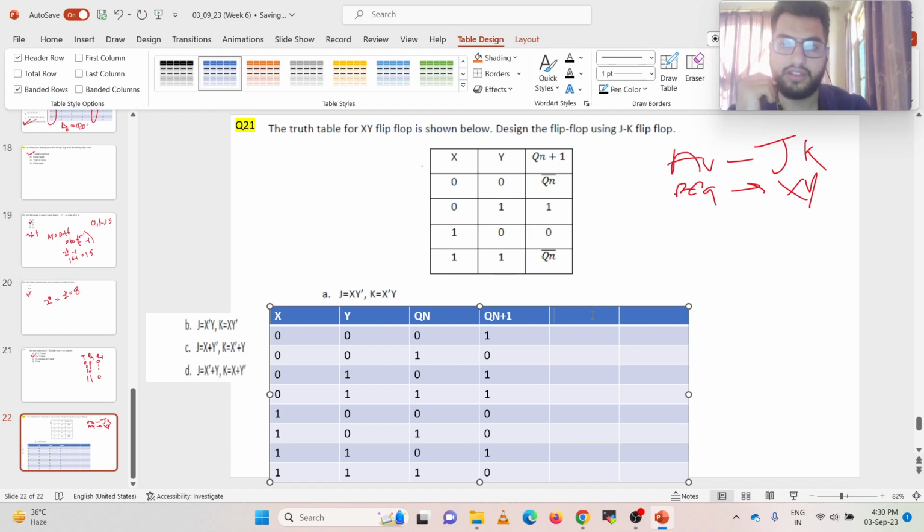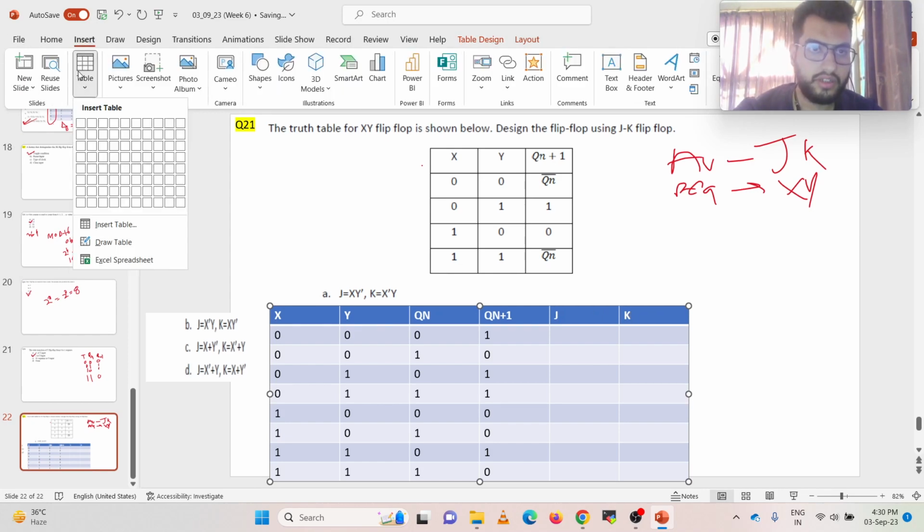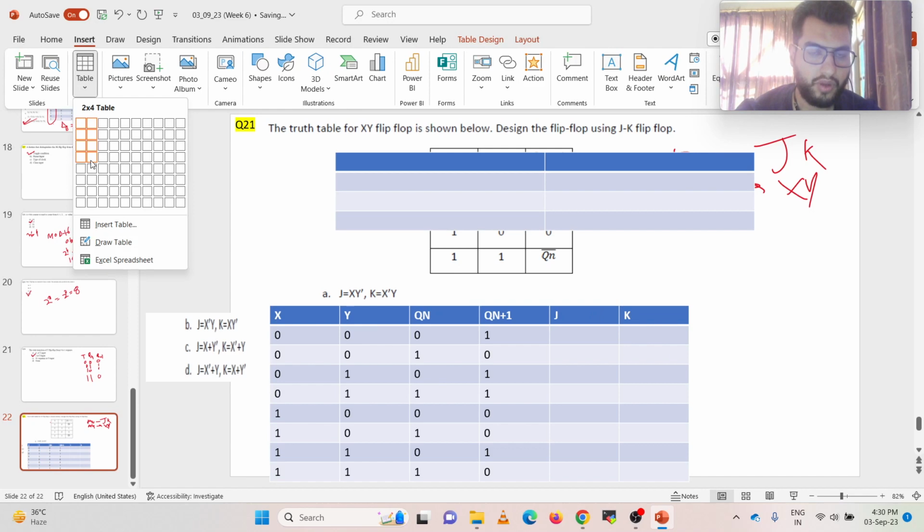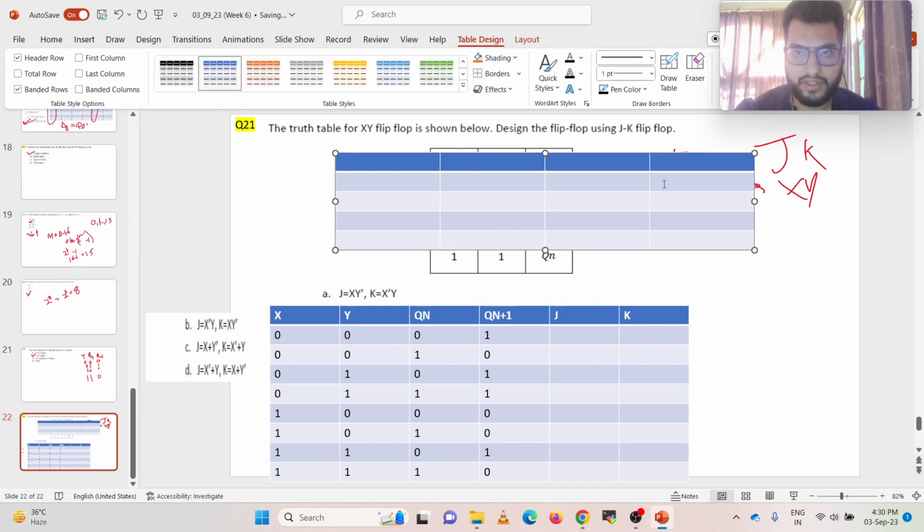Now the third point is you have to write the excitation table of the required flip-flop, available flip-flop, that is J and K, right? So before you write the excitation table of the required flip-flop, let me just write down the excitation table of JK flip-flop in general. What is the excitation table of JK flip-flop? So in general,